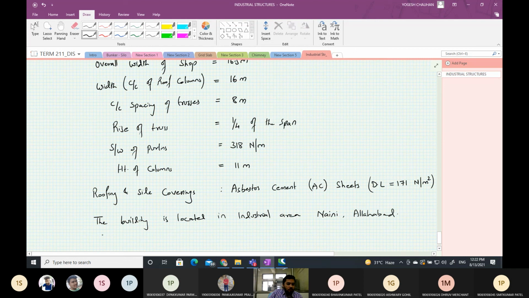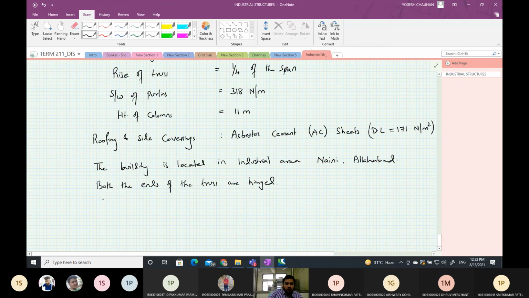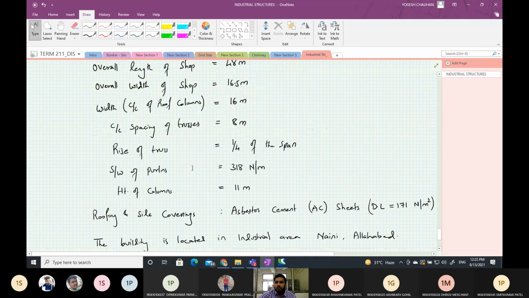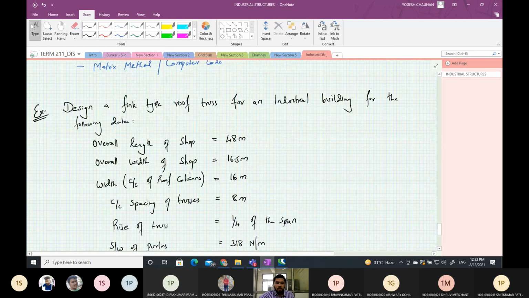Then both the ends of the truss are hinged and use 410 grade of steel. So this is the data given to you, and you have to design the roof truss.